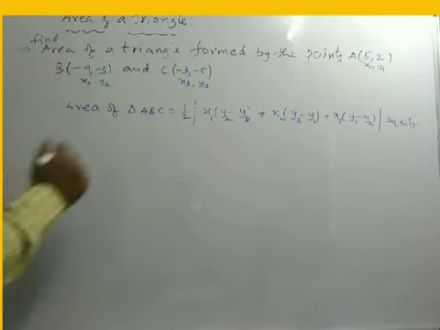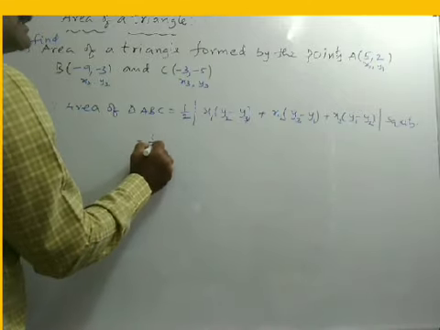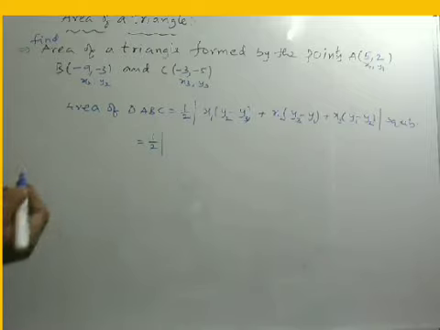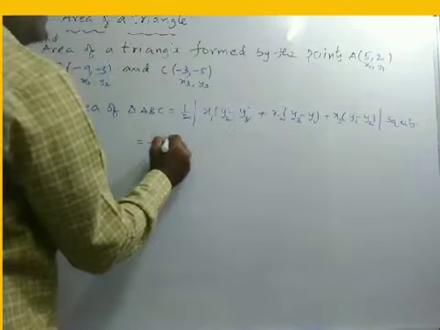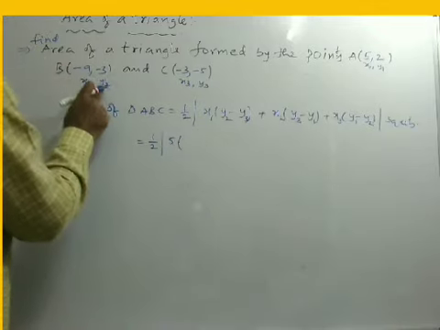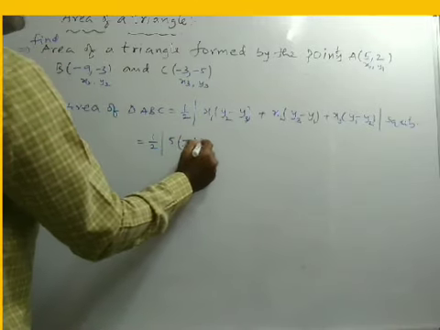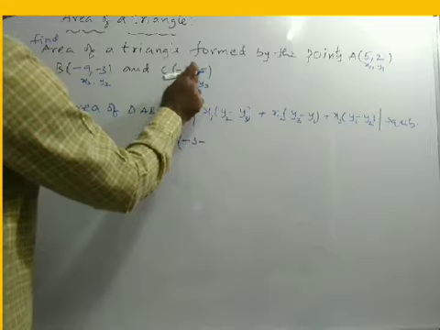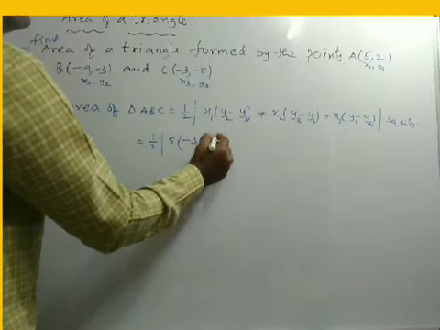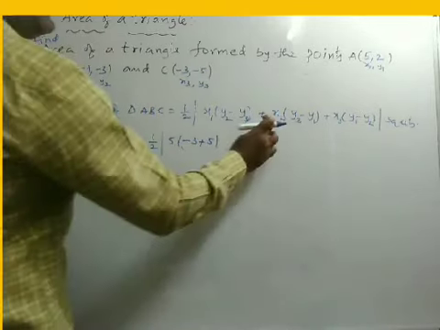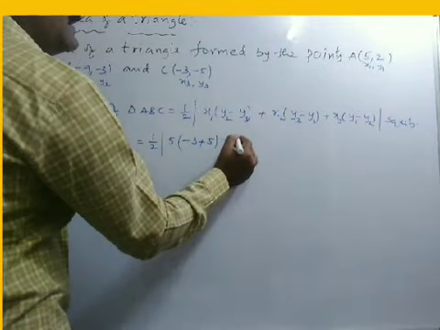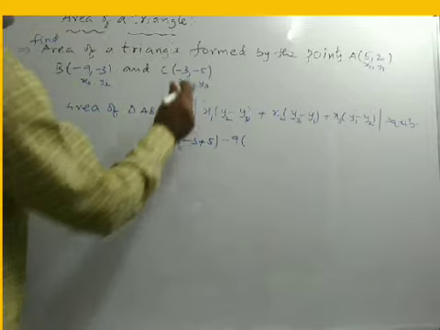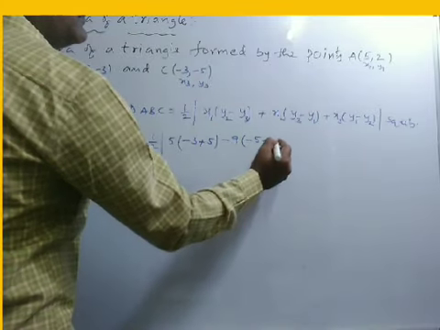Then write the formula of area of triangle ABC, that is half modulus of, replace these values now: x1 which is 5 into y2 minus y3, which is 3 minus of minus 5, so minus of minus 5 will be plus 5, plus x2, which is minus 9, into y3 value minus 5